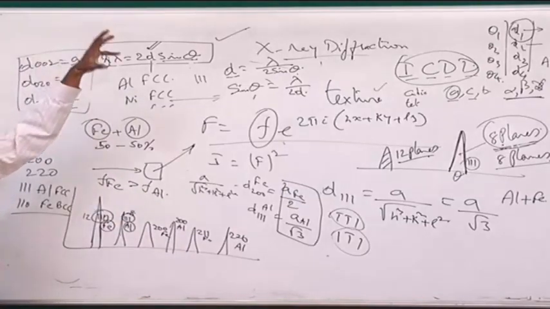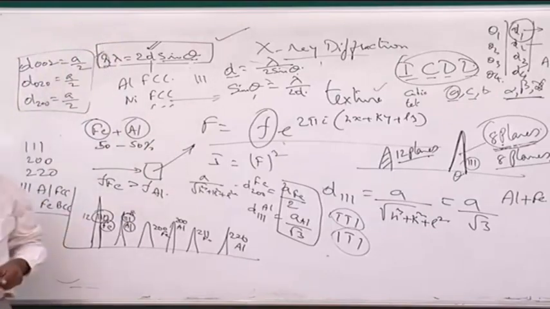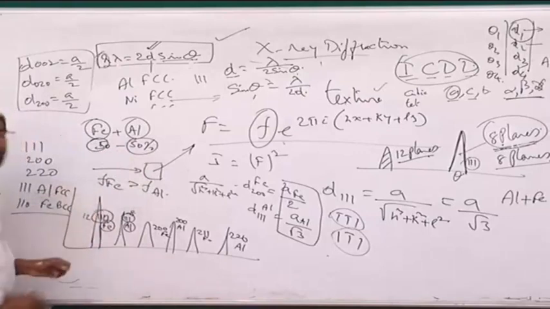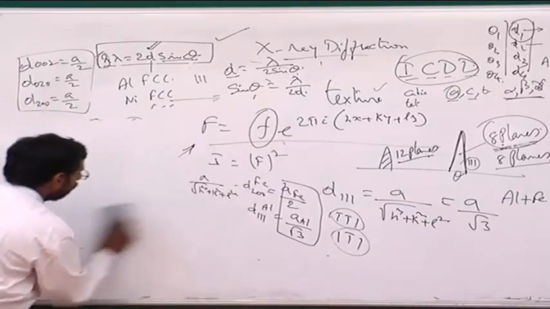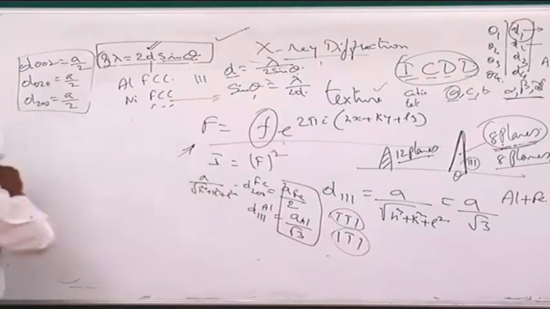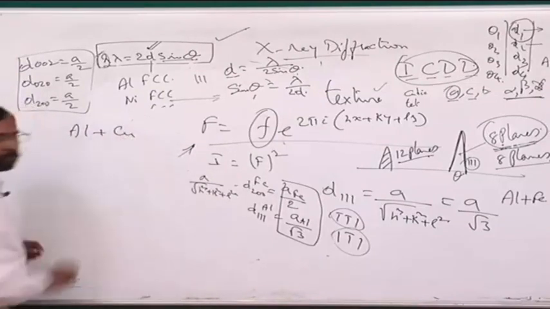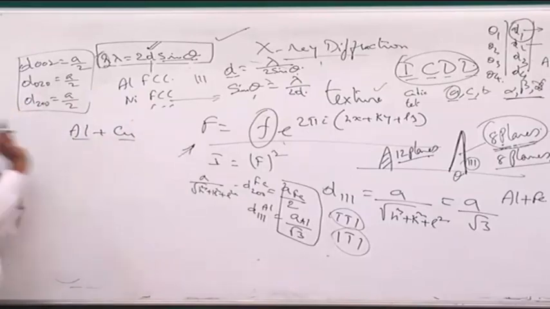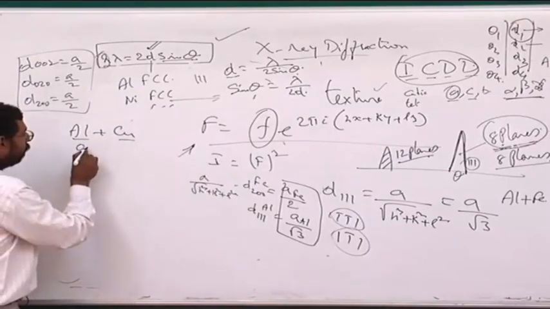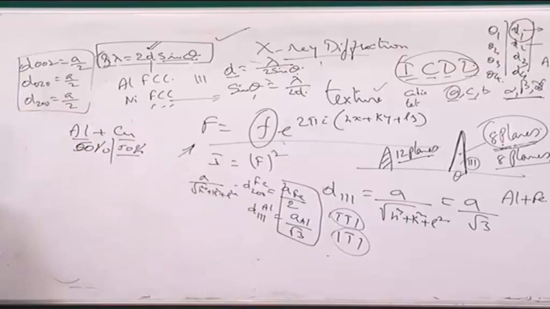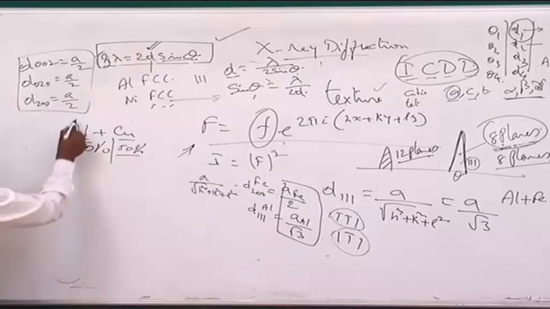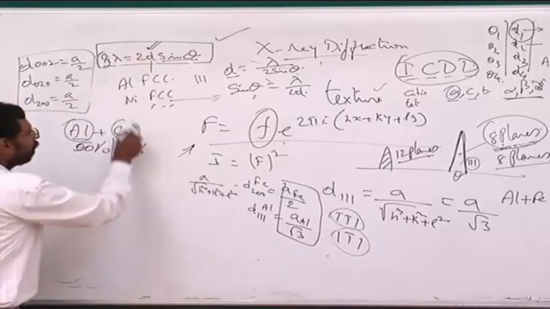This is exactly the problem if I want to find out phase amounts. For example, if somebody has mixed 50-50 of two materials, let's say I make my life easier by taking a mixture of two materials of the same crystal structure. Let's say I take aluminum powder and copper powder, both are FCC, and mix them 50-50, 1 gram of each, put them together and send an X-ray beam through it. Then what should I get? I should get peaks corresponding to aluminum and peaks corresponding to copper.